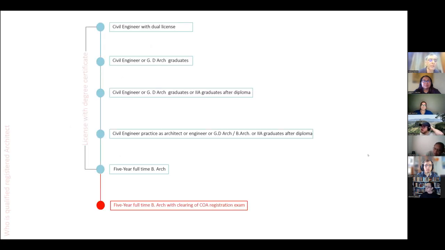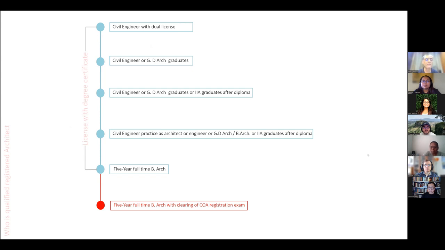And who gets the license? There is a trajectory. This slide is talking about the nature of transformation that has happened over almost 50 years. In the beginning, you had a civil engineer dual license. It means if you're a civil engineer, you could practice as an architect as well. Another type emerged subsequently: the civil engineer and GDR graduates, government diploma architecture graduates, both of them